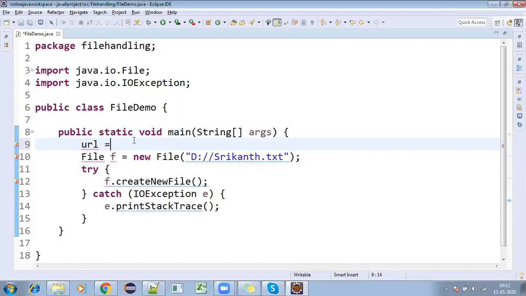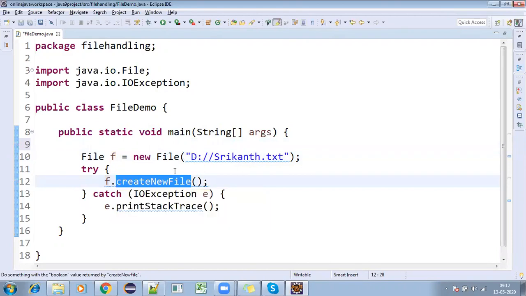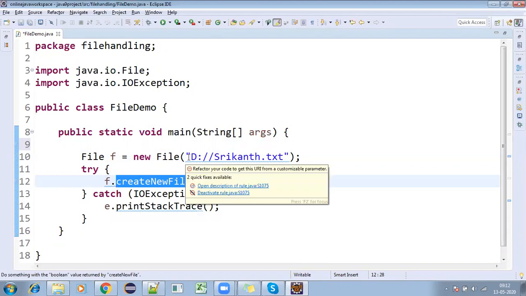That URL you can directly pass here. Then it will copy, and whatever F you create, it will create a new file in that particular location. It will refer to that URL and paste there. You need to give the exact path. Okay.